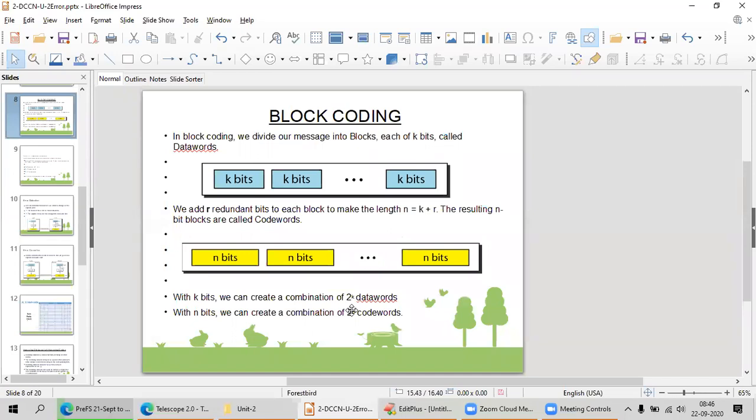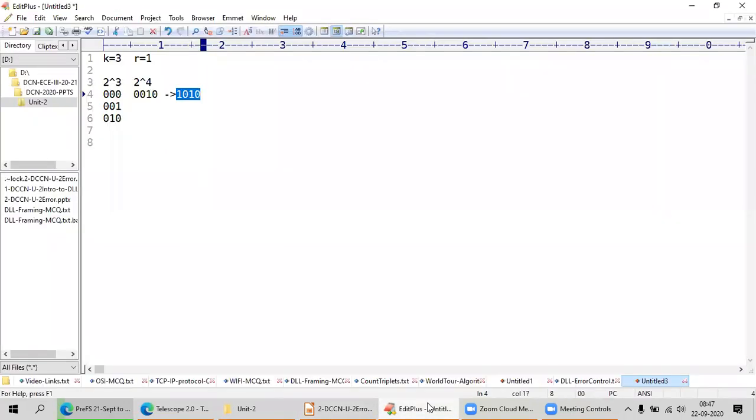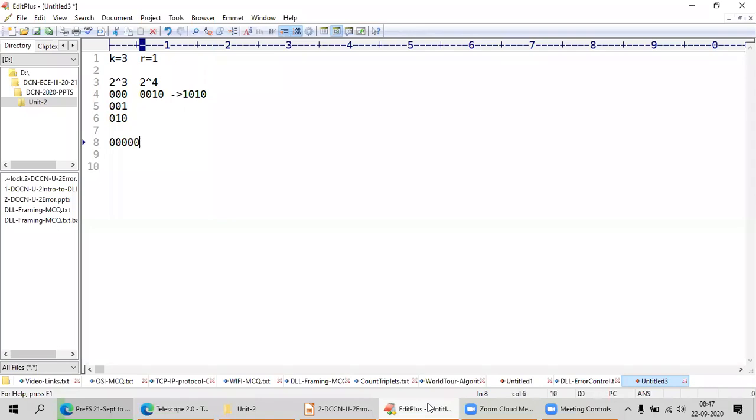That means if I have a single block, it will have not more than 2 to the power of 5 data words. 5 bits I am taking, either 1 0 0 0 0 or 1, like this; not more than 2 to the power of 5 combinations you are going to get. If I am adding one more bit to this, 2 to the power of 6, not more than 2 to the power of 6 code words you are going to get.